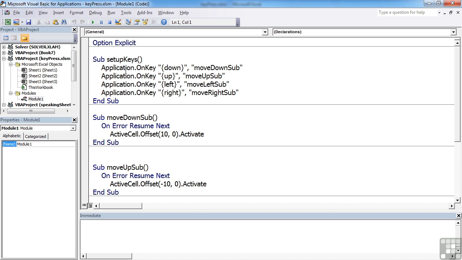So we have application.onKey. So application object.onKey is the method that we're capturing, and then firstly here is the key press we would like to capture. The key press is always encompassed in speech marks and then parentheses, and then what you put between the parentheses is the key press you are trying to capture. Now for the special keys, as we've done here, down, up, left and right, you could be guessing all the time, or you could do a search within the VBA help for onKey,